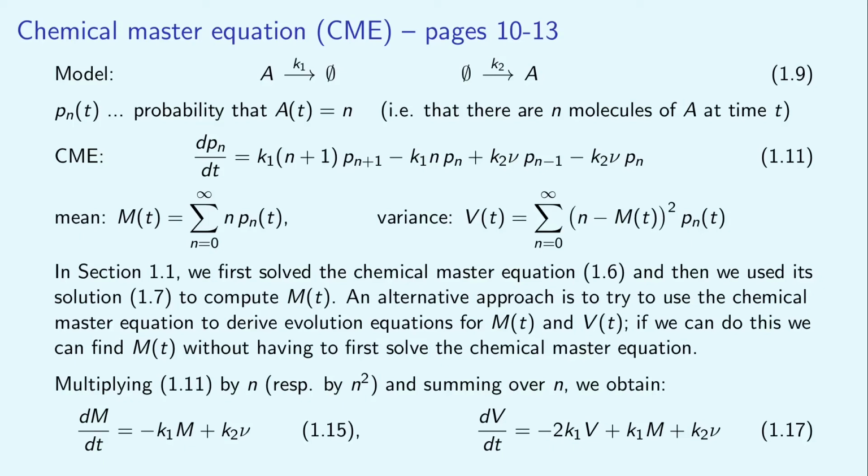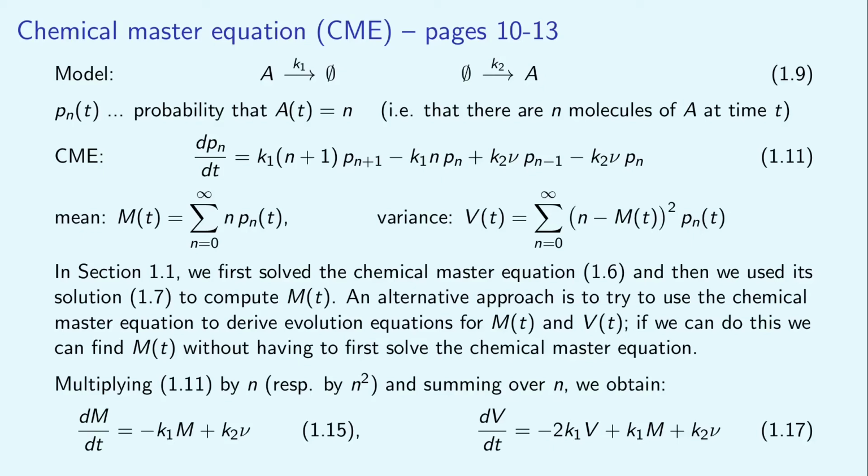In general, this technique will work for the so-called first-order reaction networks, that is, for reactions which only include one or zero reactants, as is the case for our production degradation example. However, starting in lecture 3, we will see other chemical systems where the evolution equation for the mean cannot be derived using this technique. While it is always possible to multiply the chemical master equation by n and sum over n to obtain the time derivative of the mean on the left-hand side, we cannot simplify the right-hand side for general chemical systems.